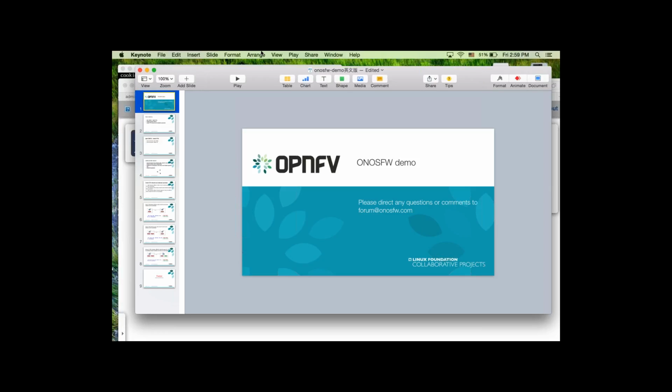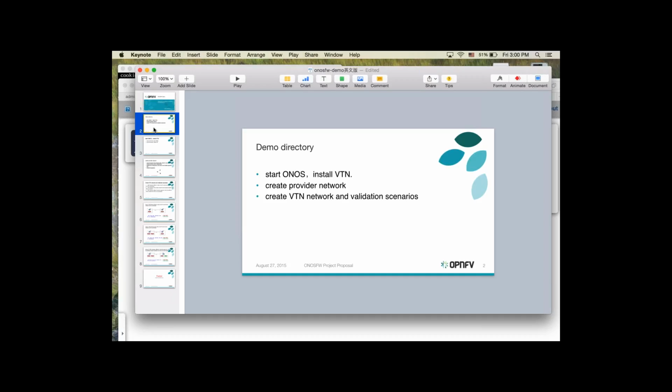This demo takes the Huawei team in China more than 20 minutes to run in their environment. But my machine is quite slow, so if I run the demo from beginning to end, it will probably take more than 30 minutes. So I'll just use this slide plus the environment to show how this demo goes. The first thing is